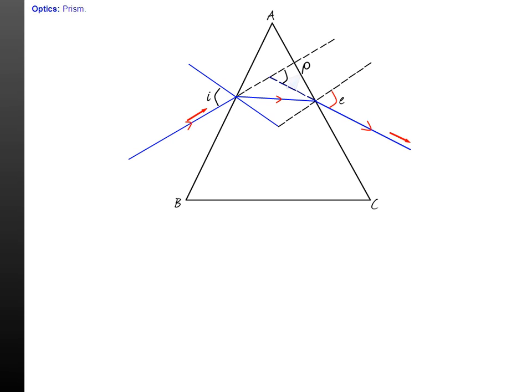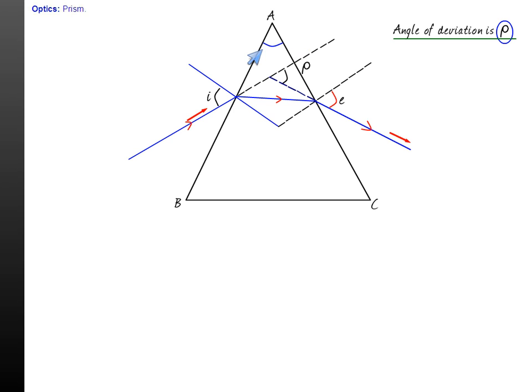So we say that the angle of deviation is rho. Okay, how do we define angle of deviation? Angle of deviation is nothing but the angle by which the incident ray is turned. Okay, so that is nothing but the angle between the direction of the incident ray and the direction of the emergent ray. Okay, so friends,